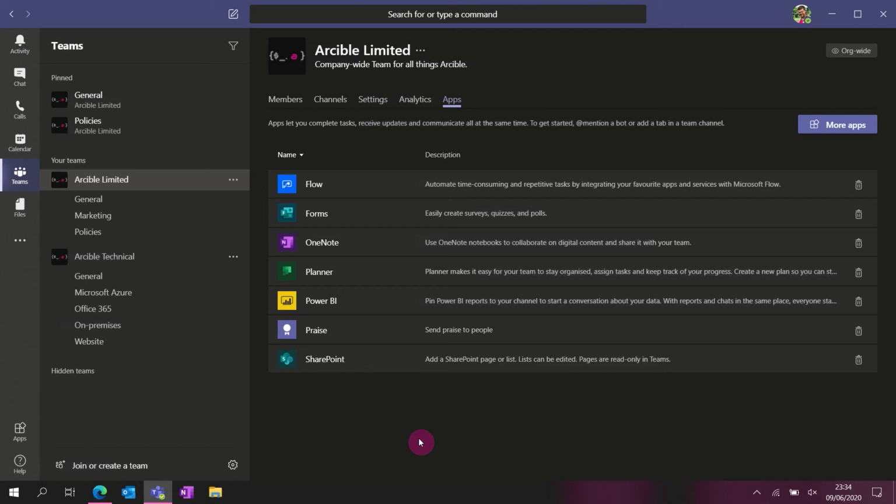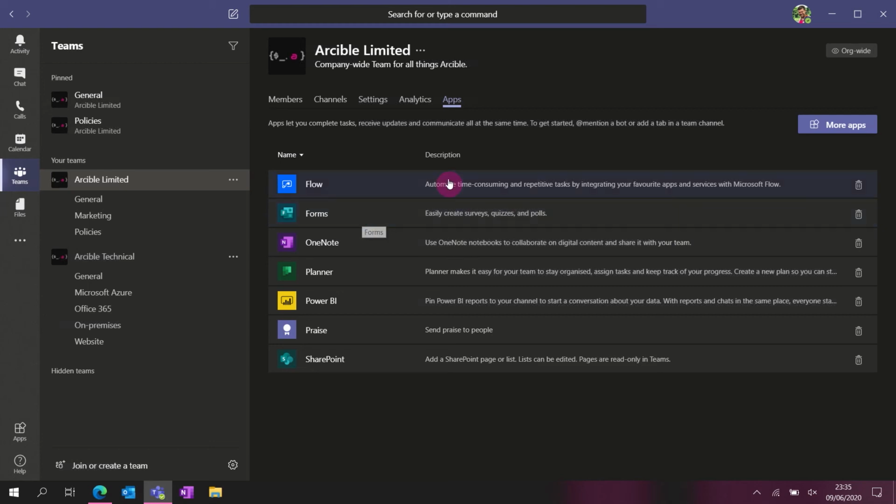And this just allows our users to access some of the most important things that they need for their jobs without actually having to leave Microsoft Teams. So perhaps you've got some organizational-wide dashboards that you want people to be able to see that are within Power BI, or maybe we are using Microsoft Forms to conduct some kind of employee survey and you want people to be able to look at the results,